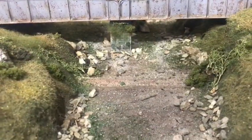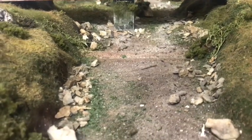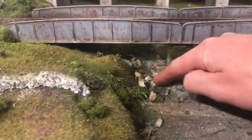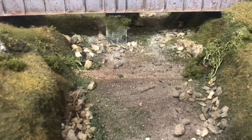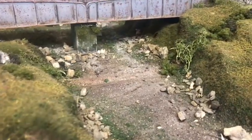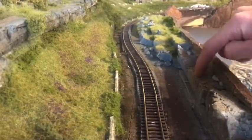So this is the look that I'm going for on the other side of the layout. This has come from the same estuary, and as you can see, it works quite well, and it's all solid, it's not moving around, and that's just a couple of coats of the 50-50 PVA and water. I think it's really effective, and obviously it hasn't cost a penny. So I'll get this ballasted in first, and then I'll put the rock formations in, perhaps do a bit more